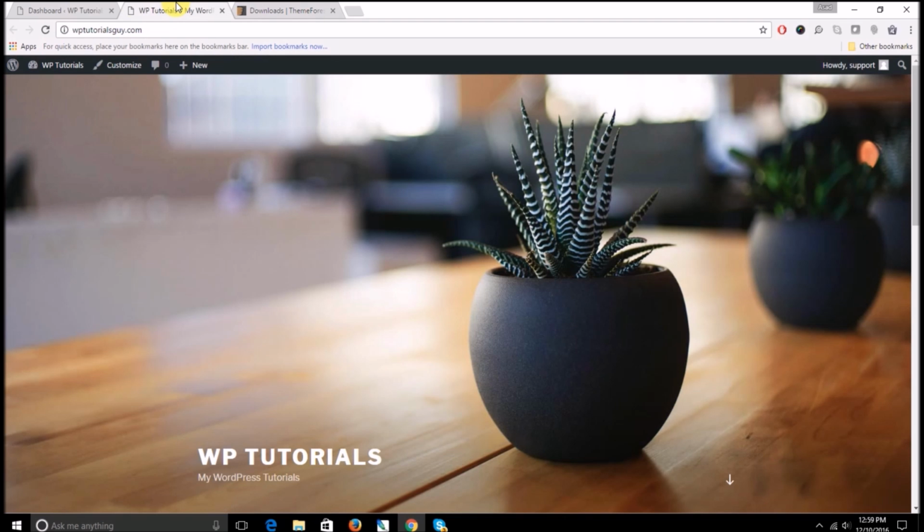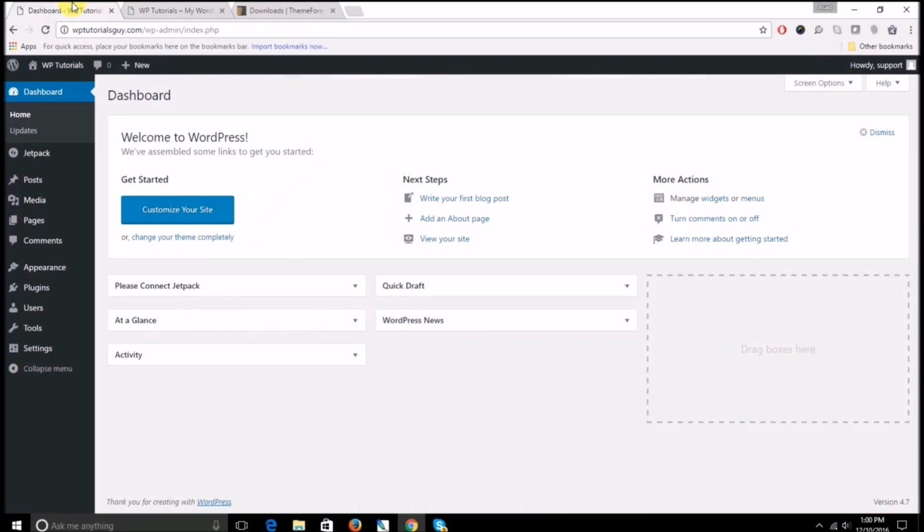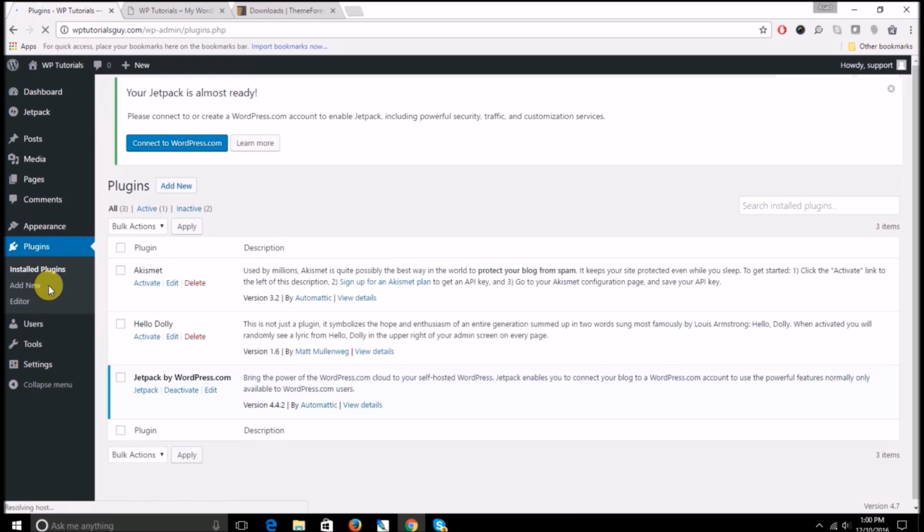So what we are going to do now is go back to your dashboard. The other thing that I wanted to show you in the WordPress backend: all the pages of your site will be here under pages. All the posts, like the blog posts, will be here under posts, and you have different blogging categories and tags and things like that. The third most important component that you will have is the plugins. All the plugins will be here, and I'll be showing you how to install some of the premium plugins that come with WordPress. So just so you are familiar with how this screen looks, I'm just gonna click it,